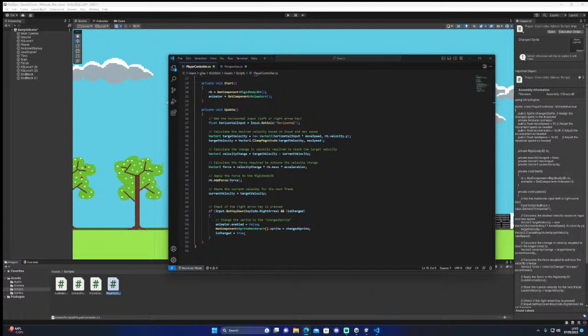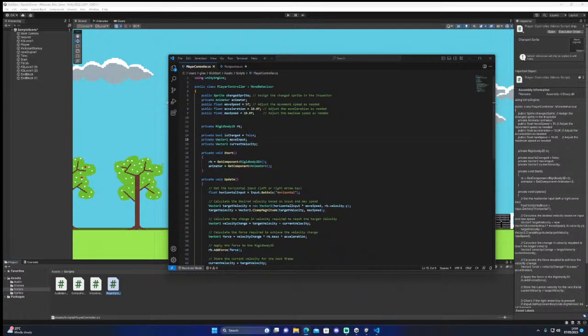I was having to think about that. There we go. Move speed 5. Got that. Public float move speed 5F. Right, that'll do. Rigid body, public float horizontal input.